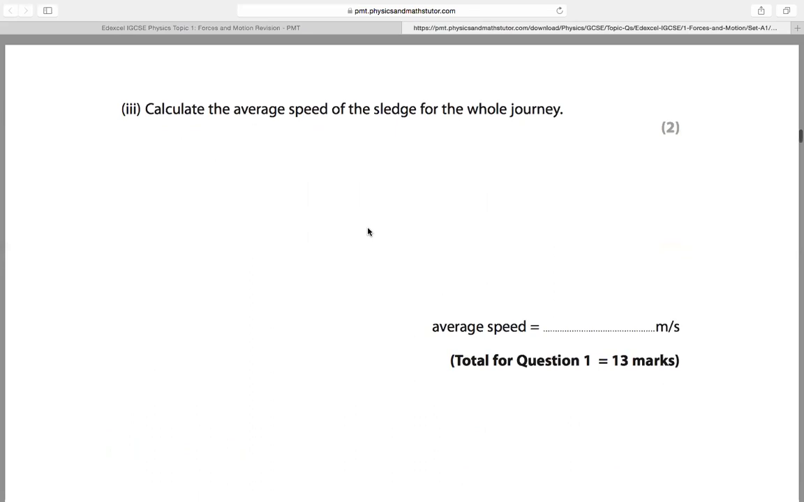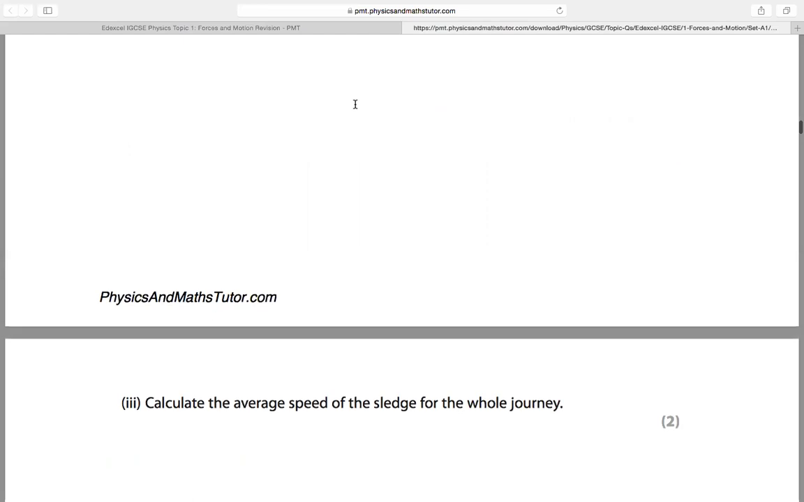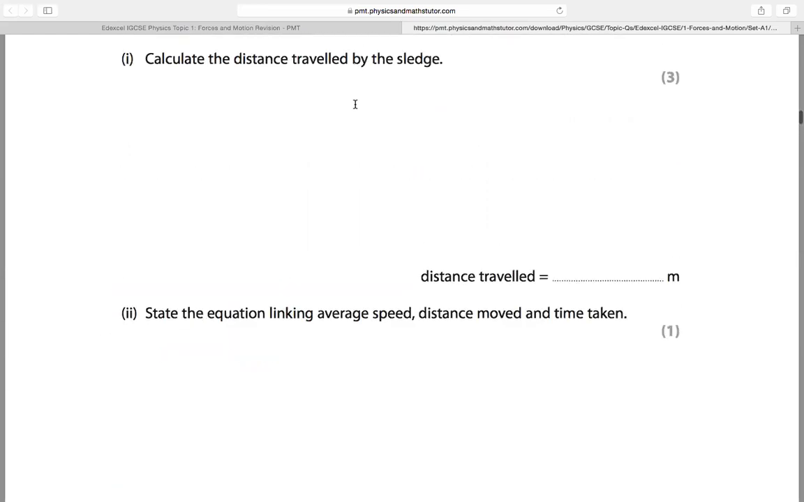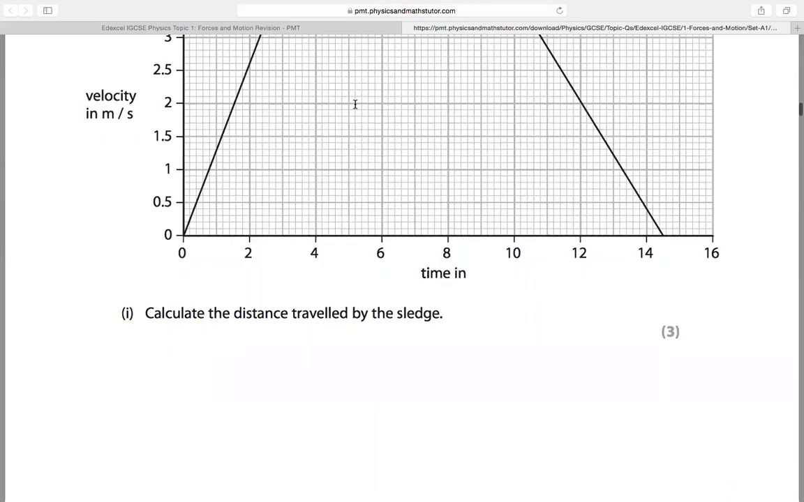Okay, let's continue. Calculate the average speed of the sledge for the whole journey. So average speed, like you mentioned earlier, is distance over time. Distance moved over time taken. So the distance that you moved is what you calculated just now, 36.4 meter. And divided by, what is the time taken for the whole journey? Look at the graph. He ends after